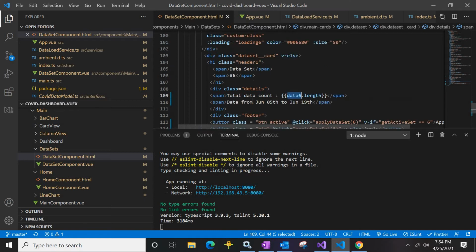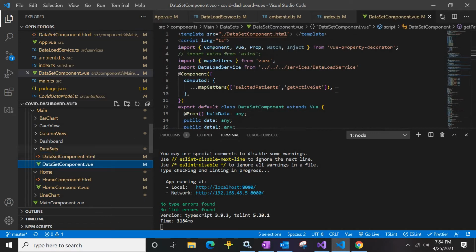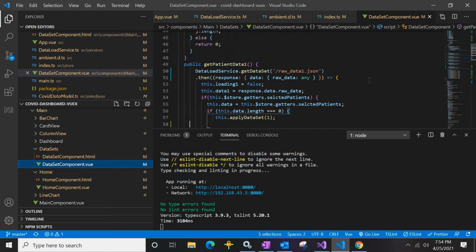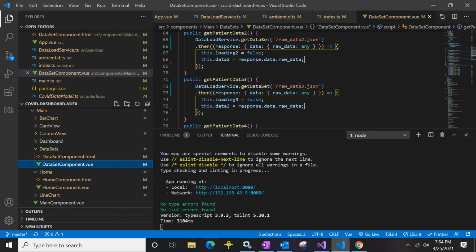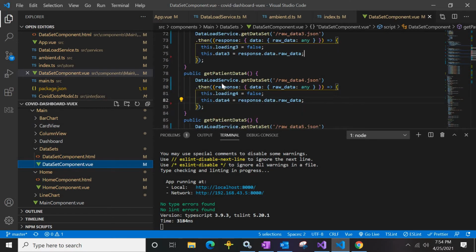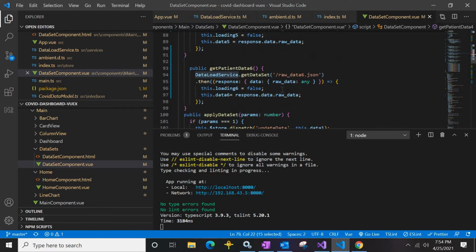The main thing is that to get this data, we need to make an API call. Ideally, we already have a data load service, and from there we are getting the data. But if it's not a service, how is it going to be?